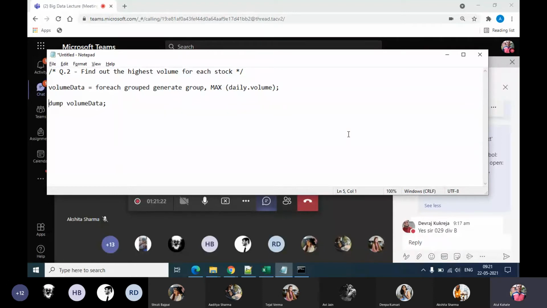Tejal, you had asked me this question in the morning. I hope now you can see that these grouping functions have the uppercase syntax. If you put here, for example, lowercase or some combination of upper and lowercase, you will get an error. But for other syntaxes, it's not strict. So here we can write FOREACH in uppercase or lowercase, DUMP. All these keywords are not case specific, even GENERATE.